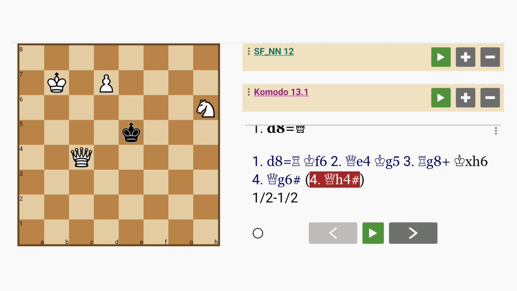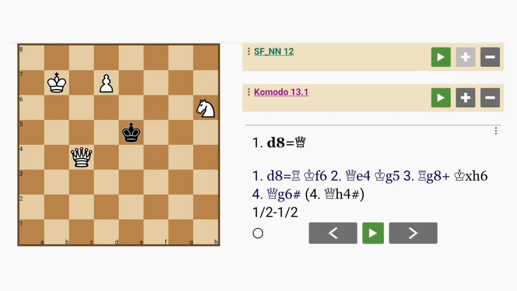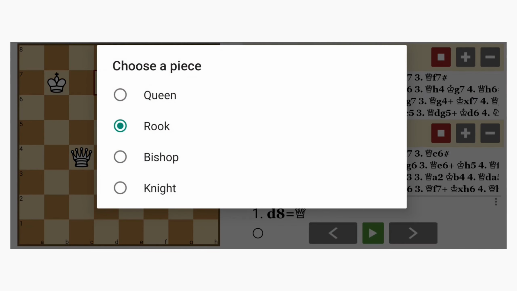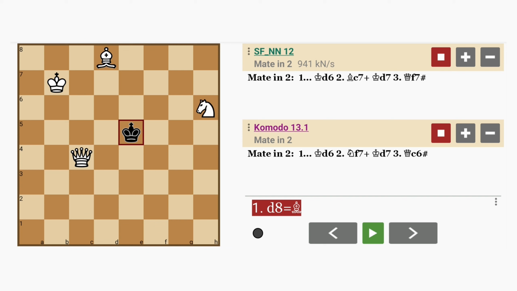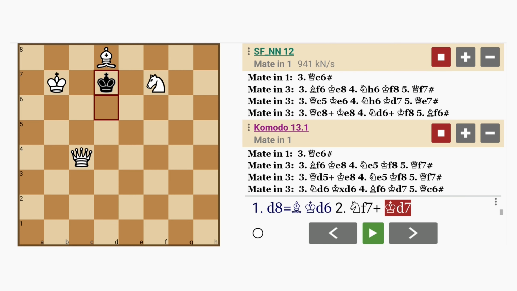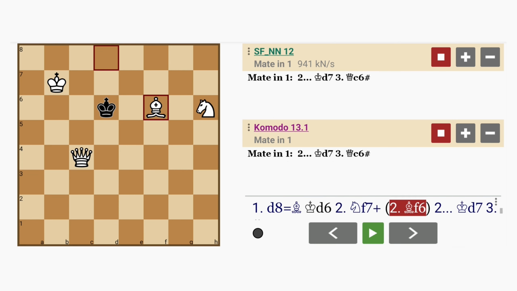But if you take a look at this position more carefully, and maybe we can just confirm with the engines here, you can see that the best way to proceed is actually to underpromote to a bishop. Now here the king only has one option, which is to move to d6, and there are many ways to proceed. For example, knight to f7 check, king to d7, queen to c6 mates,